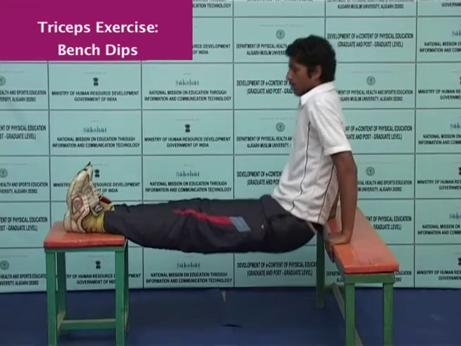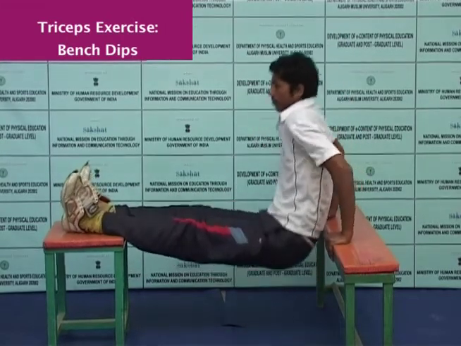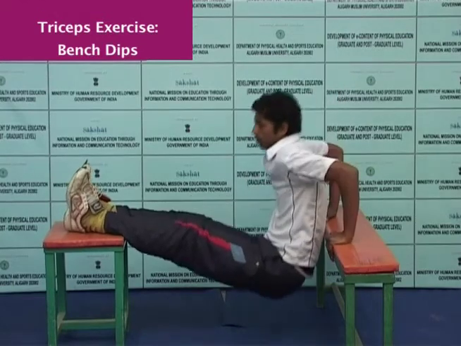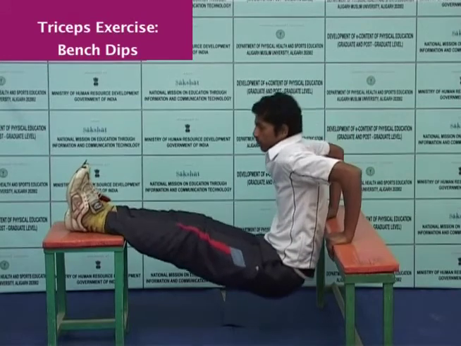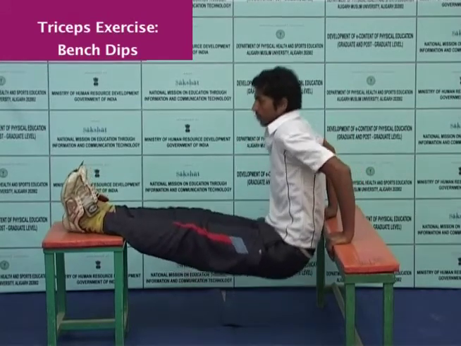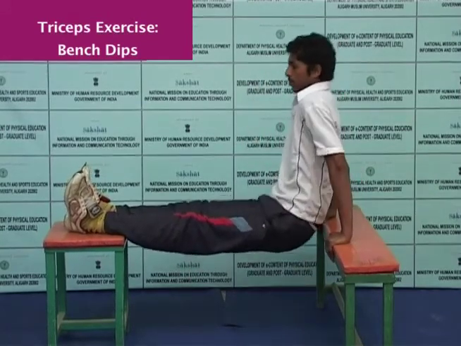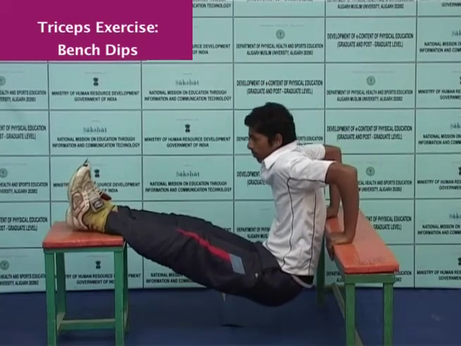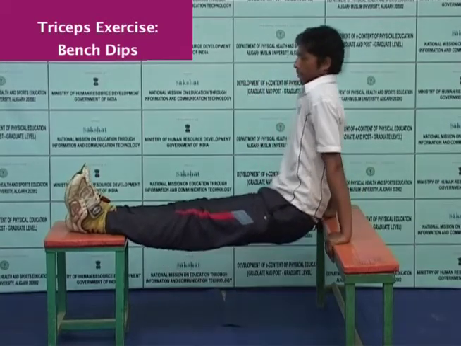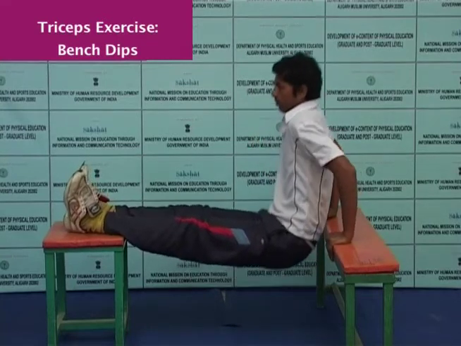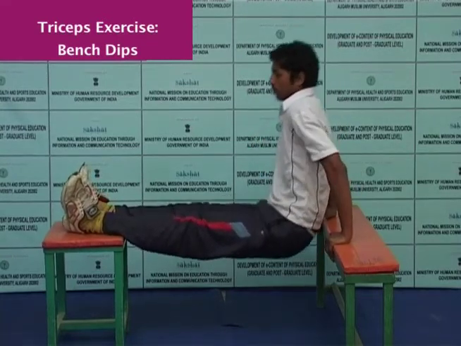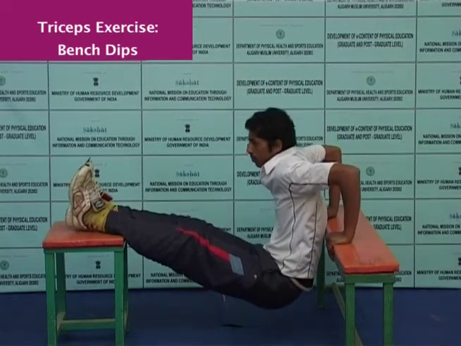Lower the body by bending the arms until a slight stretch is felt in the chest or shoulder, or the rear end touches the floor. Raise the body and repeat the same exercise. So, this is called bench dip. It should allow the full range of motion. Either a stretch should be felt on the chest or arm. The lower side should go down till it touches the ground.